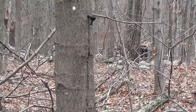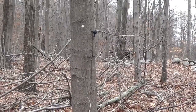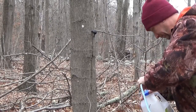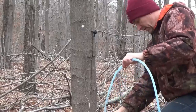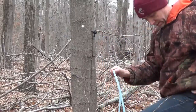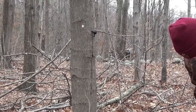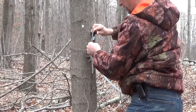So I don't know if you can see, back off, if you can see what I'm doing. Yeah, I think you can see what I'm doing. Right now I'm just prepping the jug to take that. Now I'm going to have to prop that jug up on something. The wind tends to want to take them away, for one thing, and spill them over. There we go, we're collecting maple sap already